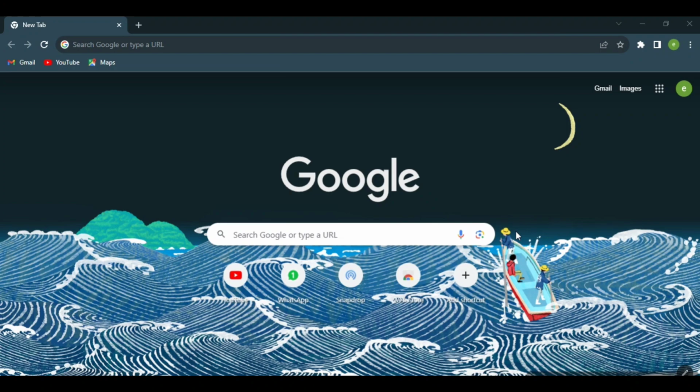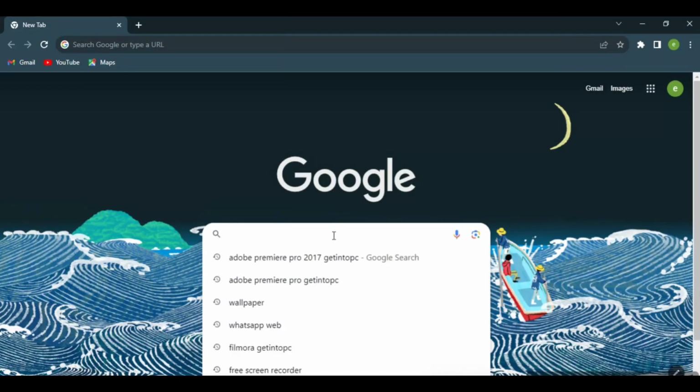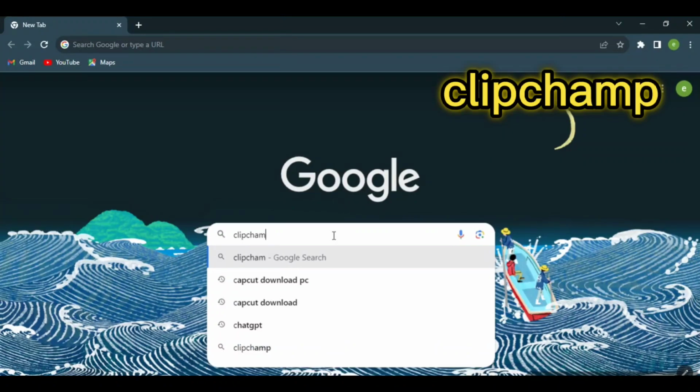Today, we're diving into 3 popular video editing software. Whether you're a beginner or looking to explore new tools, this video is for you. Let's get started. The first software is known as Clipchamp, and this software is mostly pre-installed in Windows 11, but